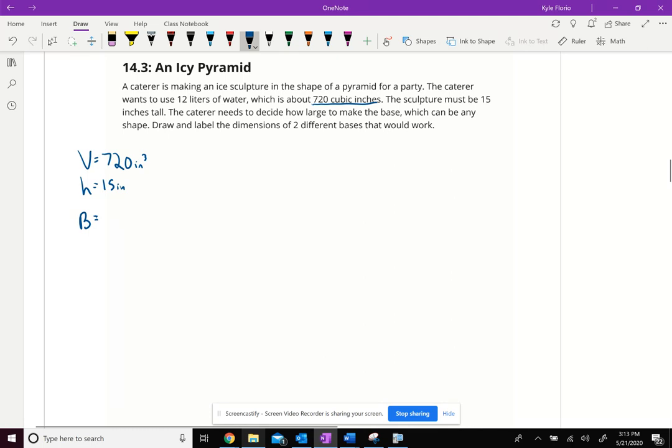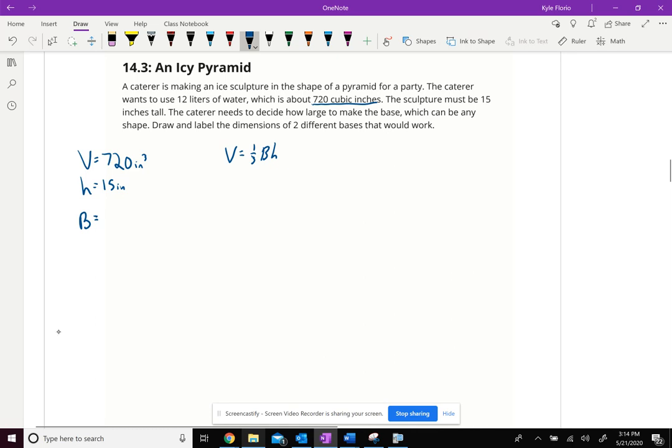So, knowing the formula for a pyramid, I know that the volume has to be 1/3 the area of the base times the height. And I'm going to see if I can use this information to find out what the area of the base is. If I can find out what the area of the base is, I can come up with plenty of shapes that have that area pretty quickly, especially because I can just do rectangles and I just need two numbers to multiply up to be for it